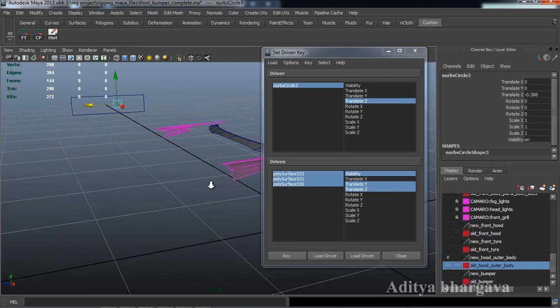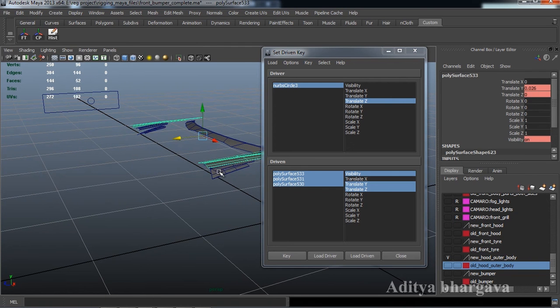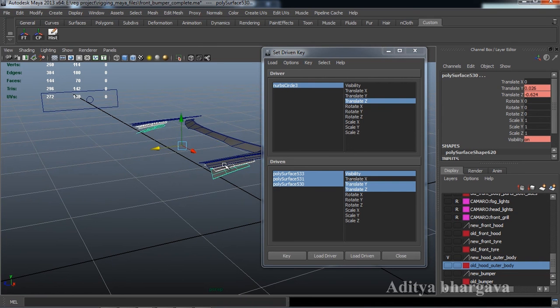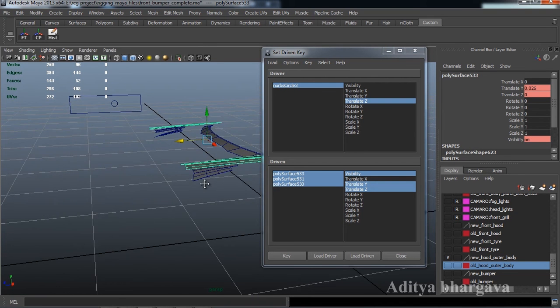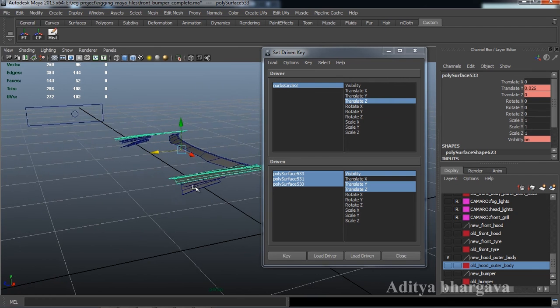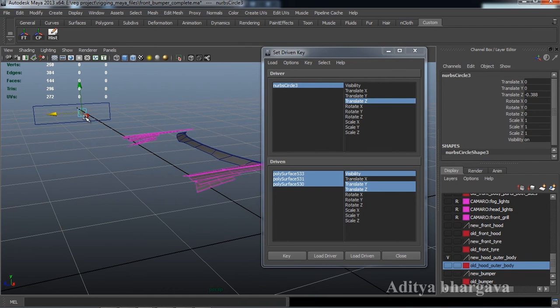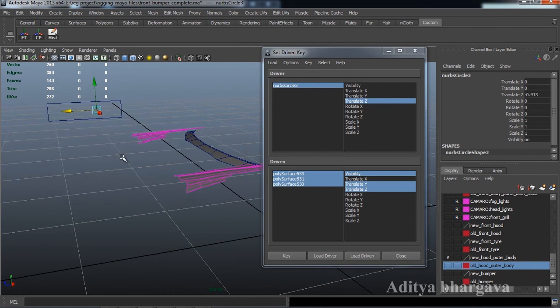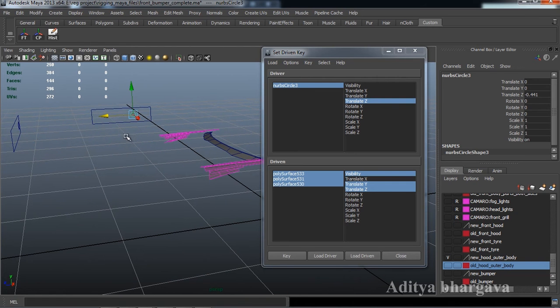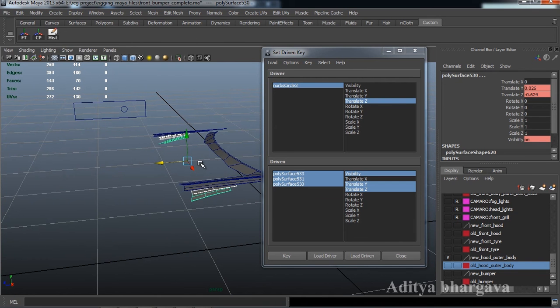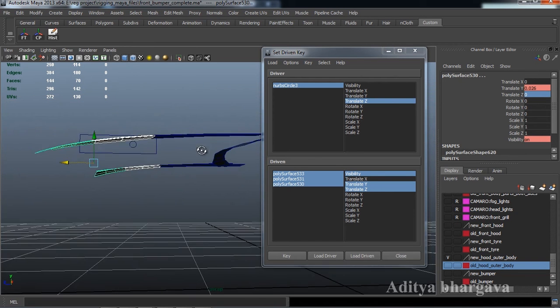Now after we have done this much, what we'll do is we'll take these below objects in front of this big one, and we'll place it at their correct position. So that will be the next step. So for that, we'll take it just a bit further, maybe this much. We'll move them to their original position. That would be the translate Z 0. So they come to their original position,